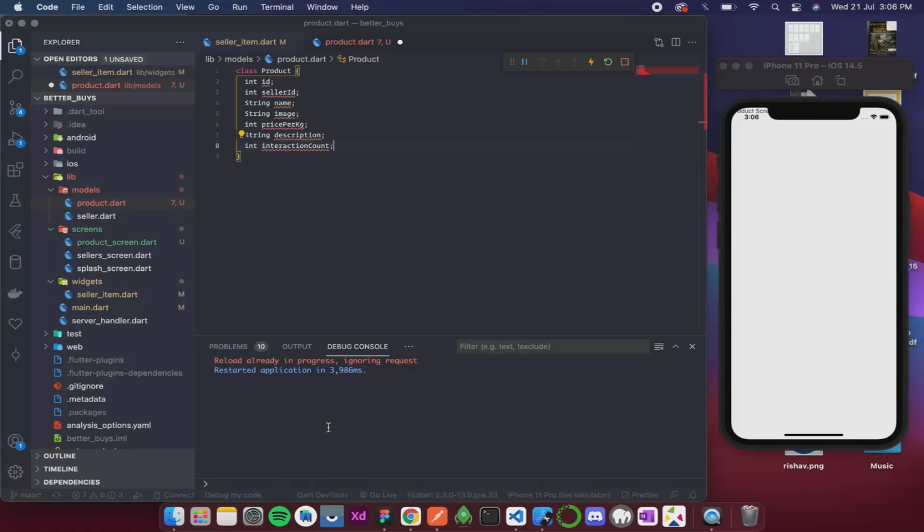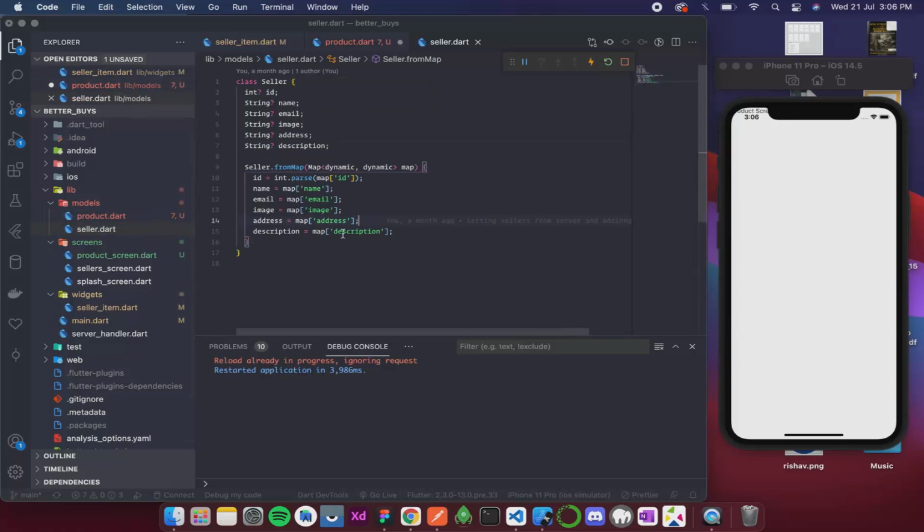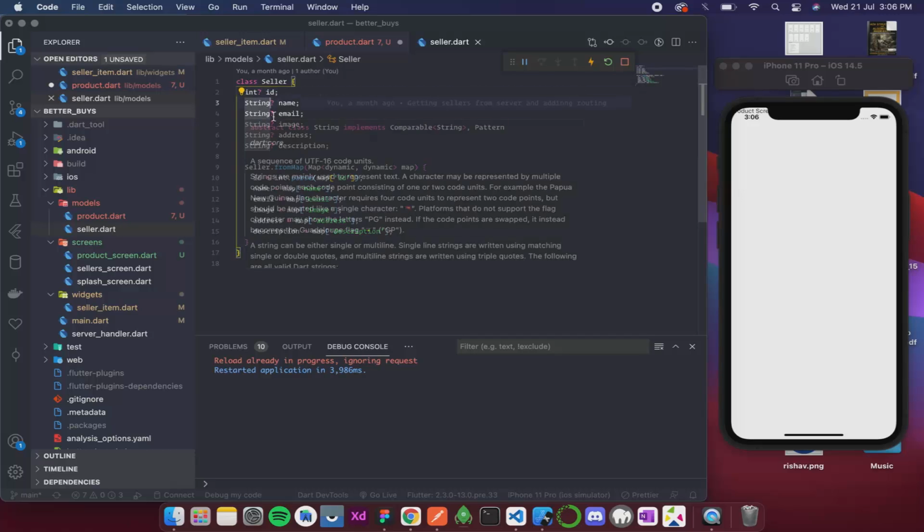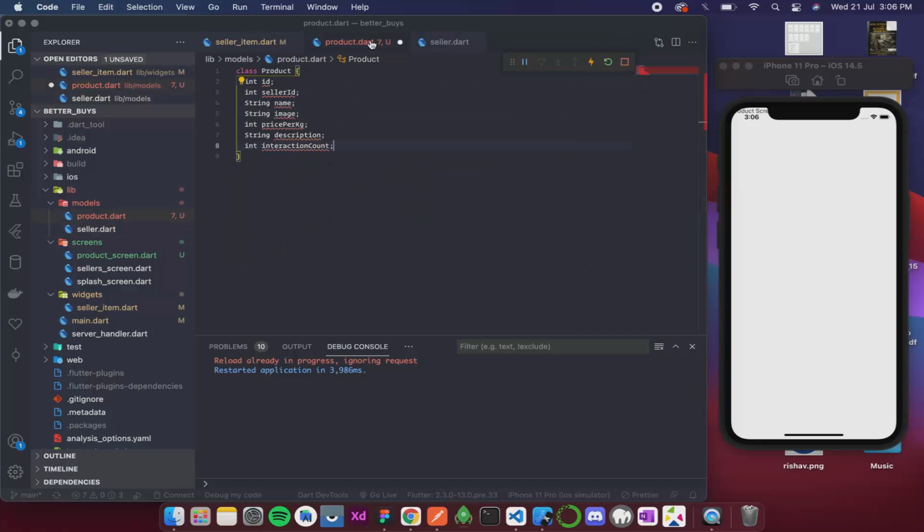Right, so now there are actually 2 to 3 methods of creating a class. I'll see which one I am using. Okay, so over here I am using this type of declaration, so I'll use the same over here, because it is always good to maintain uniformity throughout the app.